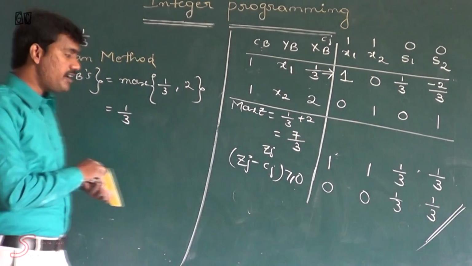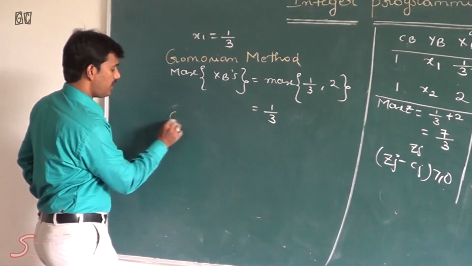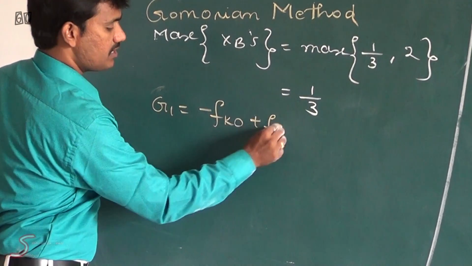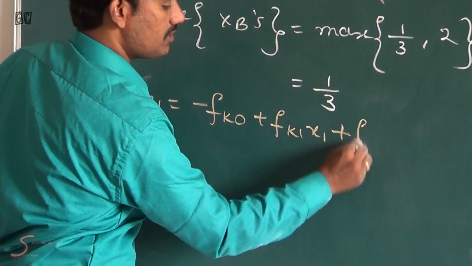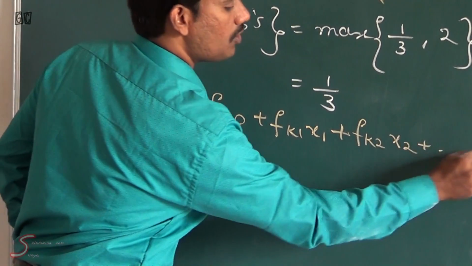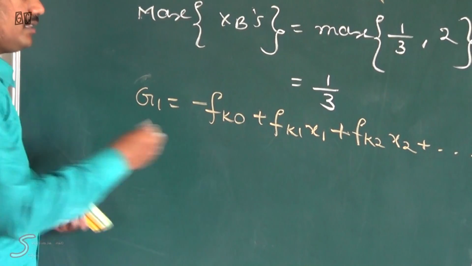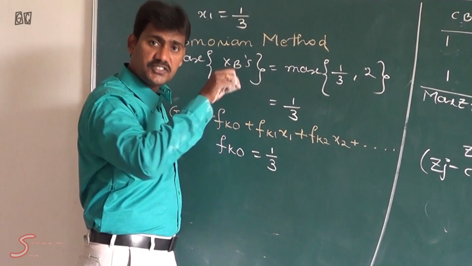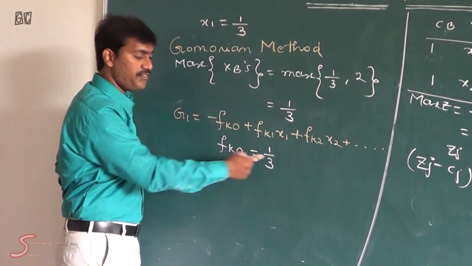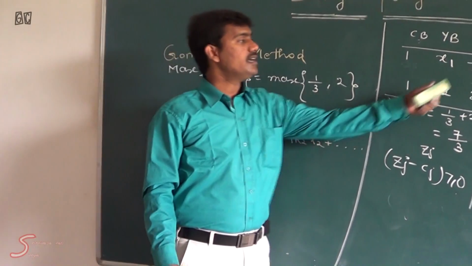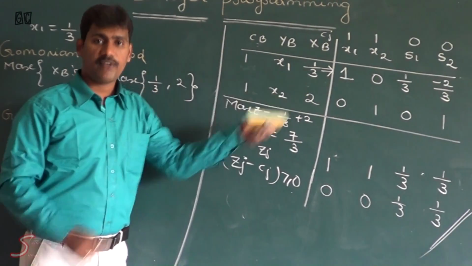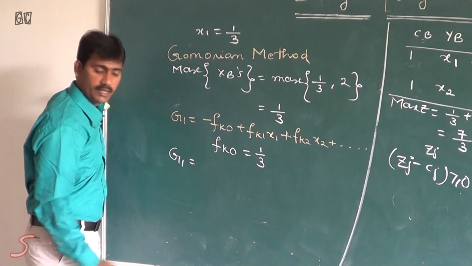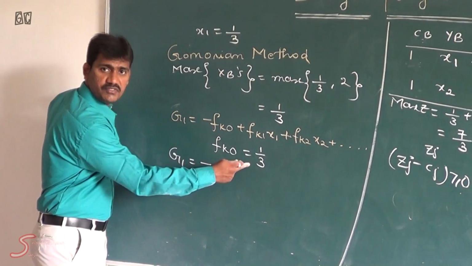The Gomory condition is z1 equal to minus fk0 plus fk1 x1 plus fk2 x2 plus so on. Let us assume fk0 equal to 1 by 3. Here we are going to consider the fraction values only. So I am going to represent this entire row in terms of fraction values. I am going to substitute z1 equal to minus, as usual, fk0, which we consider as 1 by 3,